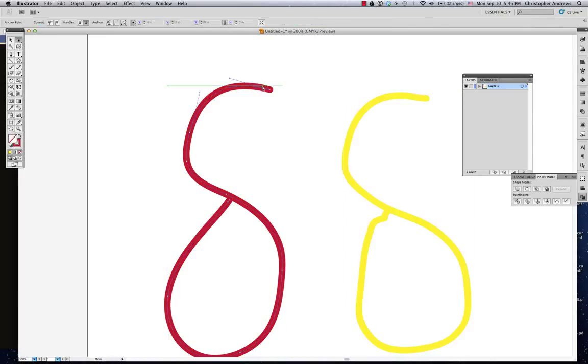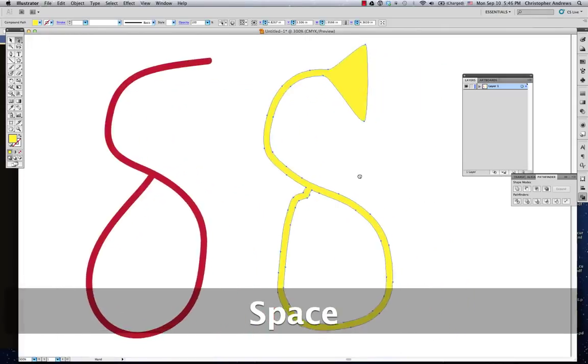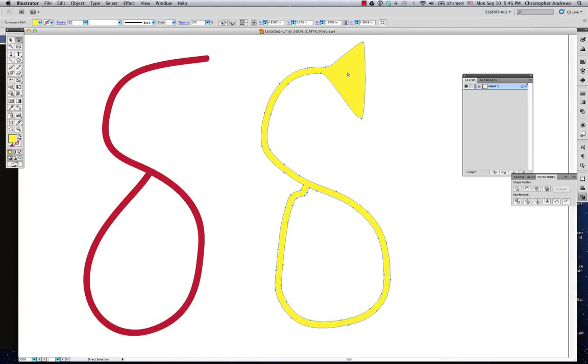Now, when I make an adjustment on the regular paintbrush tool, I can click and drag my points. I can make adjustments to how it curves and things like that. It looks pretty good. Over here, when I try to make an adjustment, if I try to pick one of these corners, or one of these anchor points, all sorts of strange things happen with it. Now that may be what you want. That looks almost like a strange tuba or something. Very small tuba, but